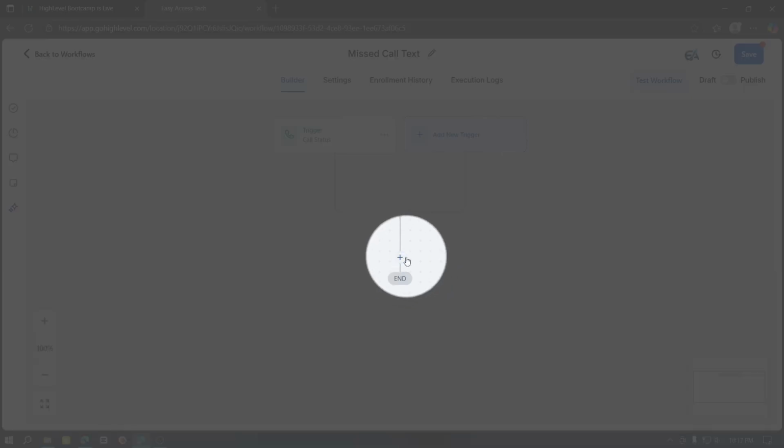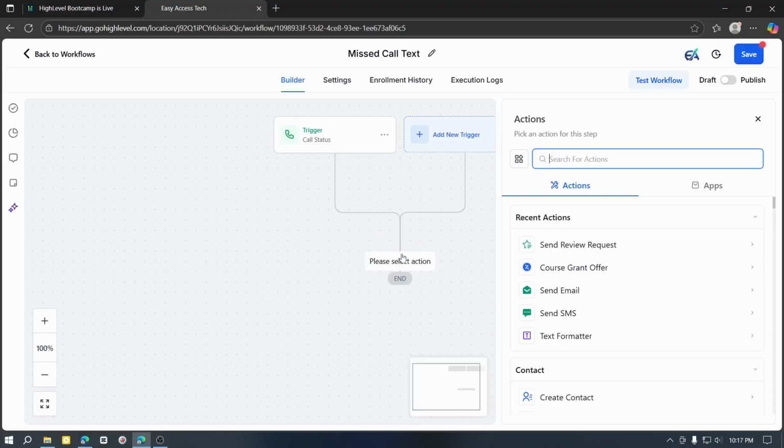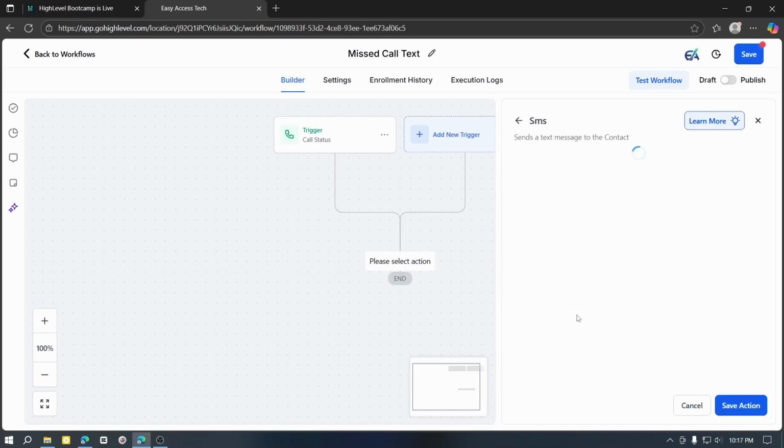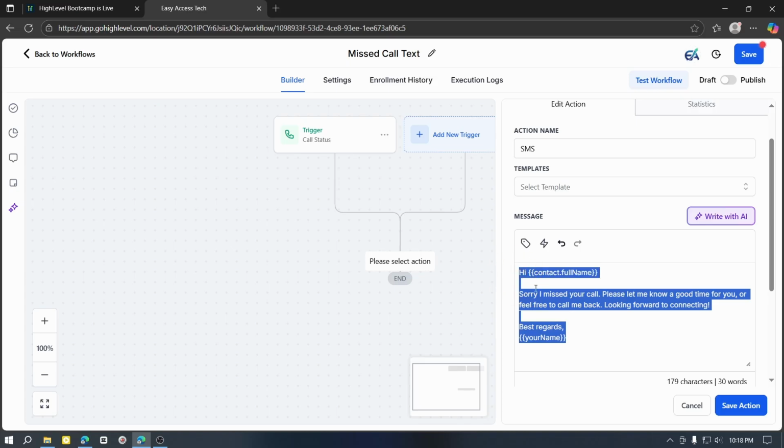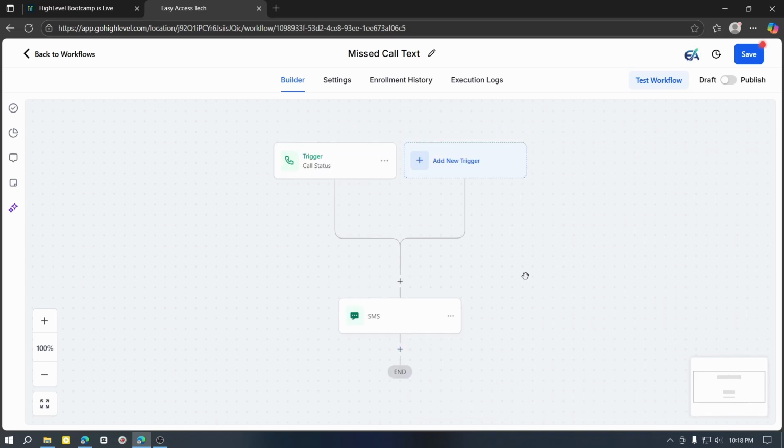Now click on this little plus icon here to add an action and search for the send SMS. Then write your text message here. For example, I wrote this one, then click on this save action, and that's it. Now whenever someone calls you and if you don't pick up the call or you were busy, it will automatically